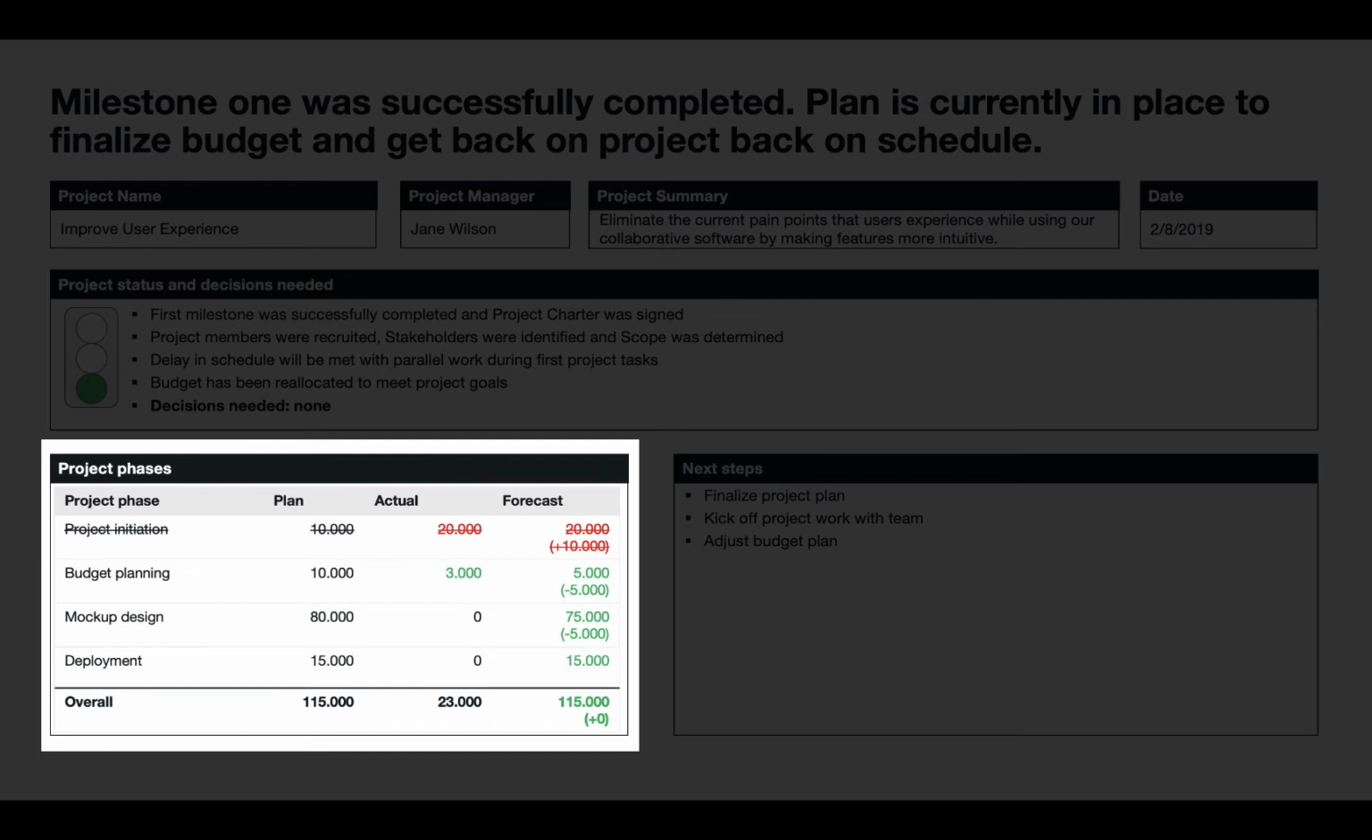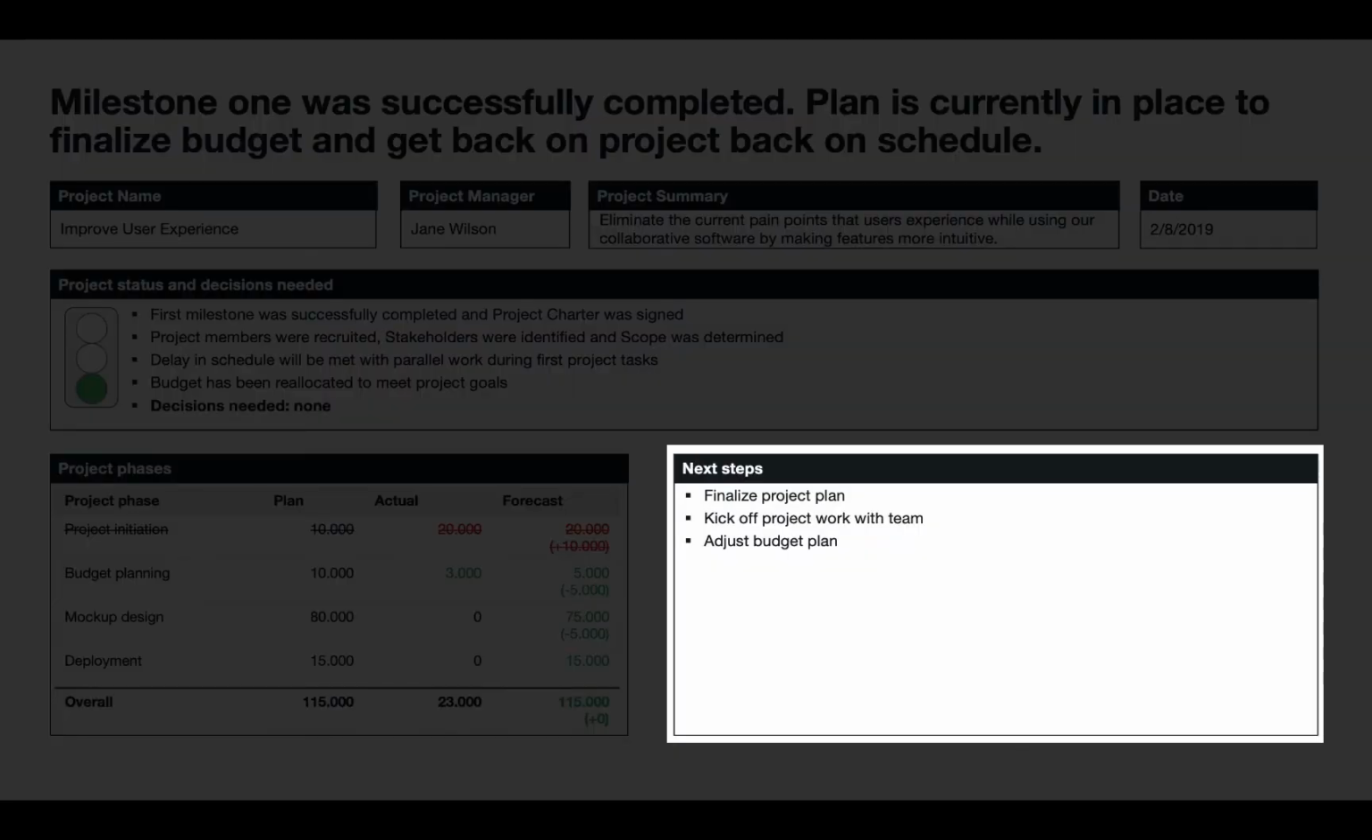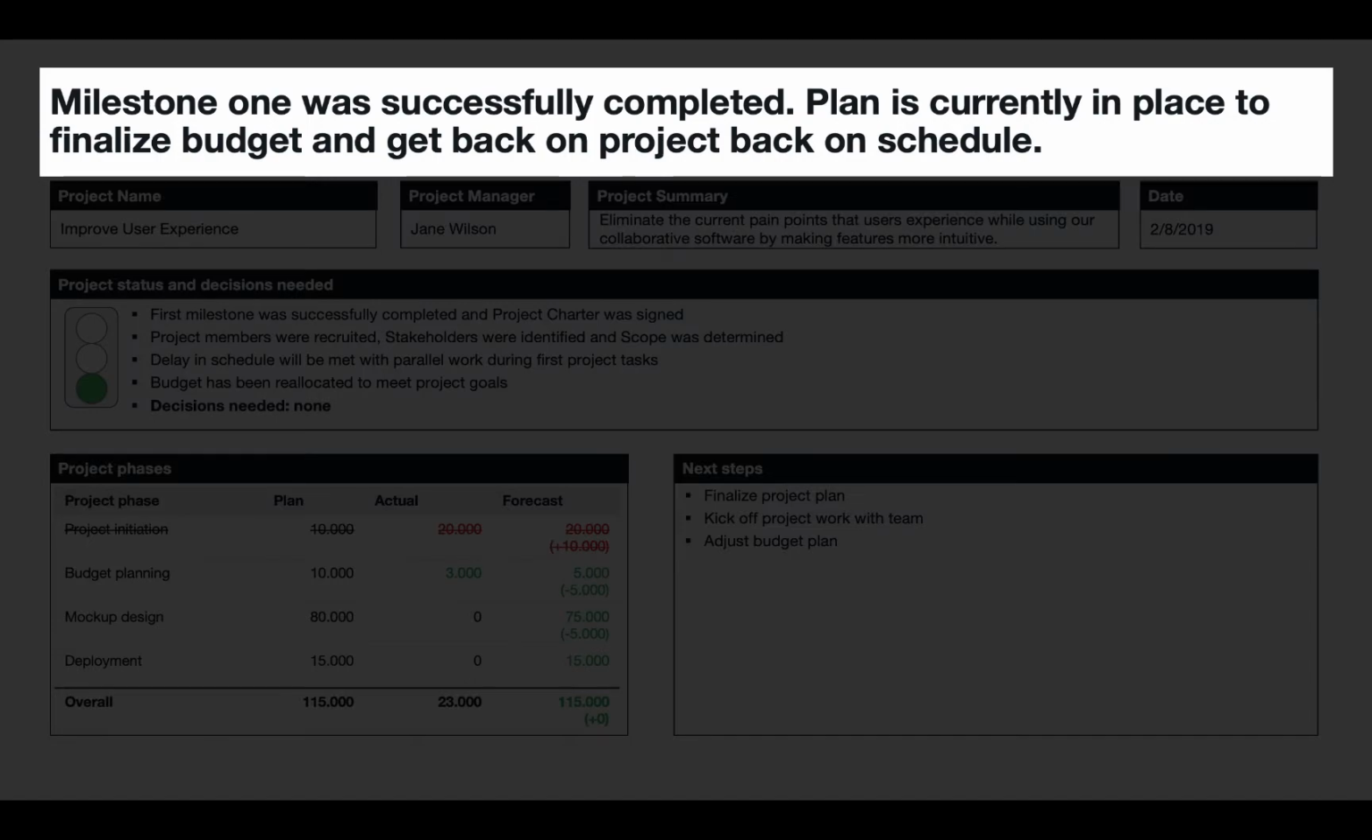For each phase, there's planned budget, actual budget, and a forecast on what budget will be needed to complete the respective phase. Colored indicators provide a quick overview on where the original plan will be met and where there will be over or underspendings. It finishes with an outlook on next steps and also includes an action title summing up